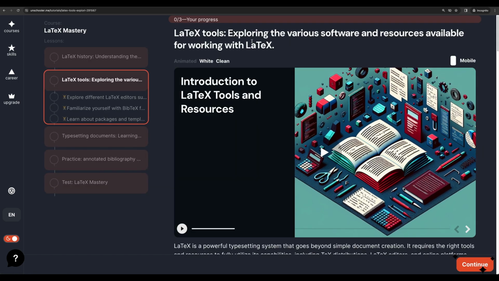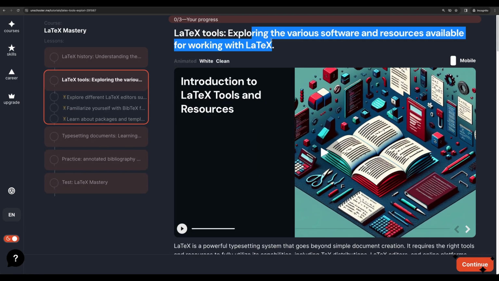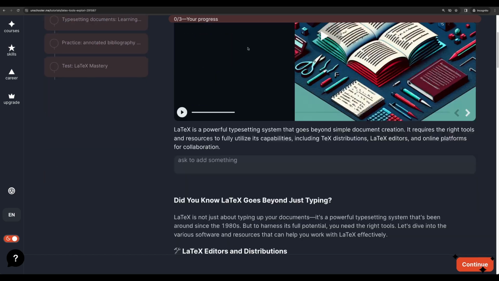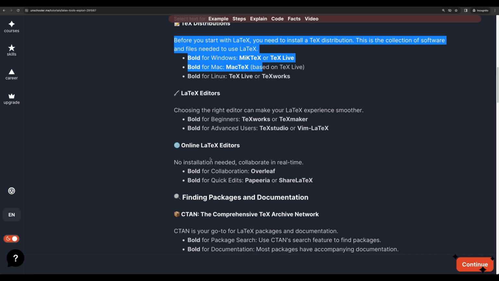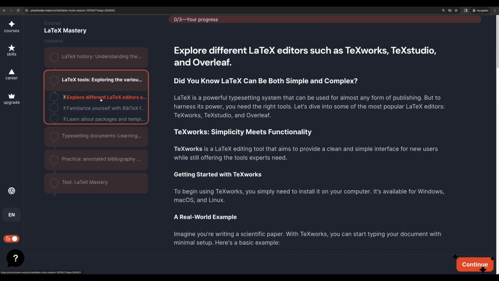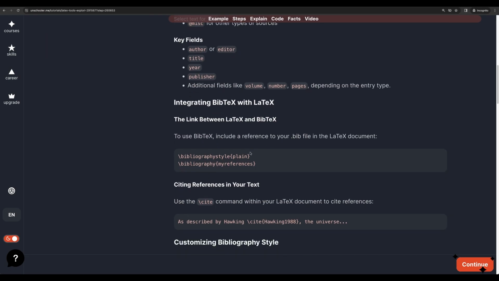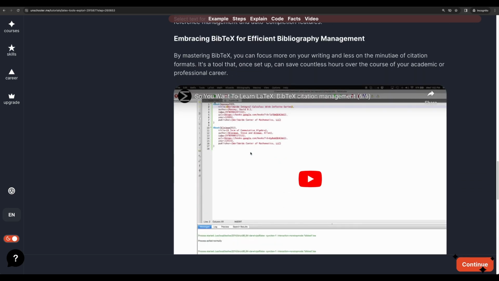Then, as requested, we are exploring different software to work with the LaTeX format. And we are given options for Windows, for Mac users, and some online editors like Overleaf, which I will show you in a moment. So we are given options for particular formats,